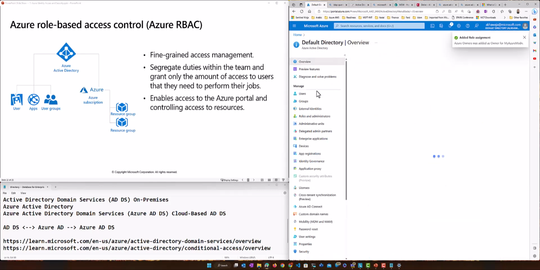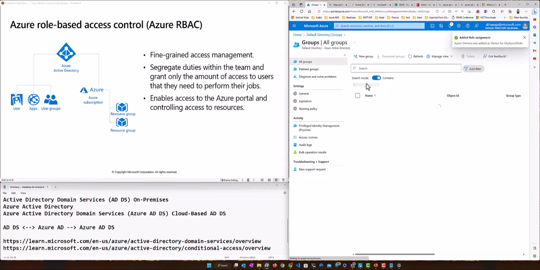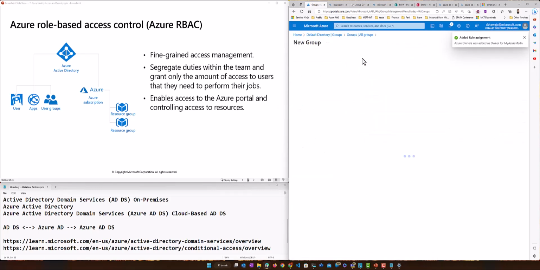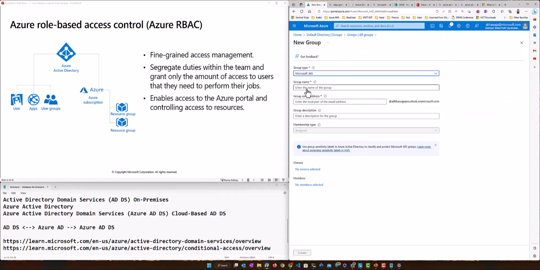So if I go back over here, I do group, and I can say, for example, new groups. I can say 365. Okay. You can see also right away what happens, right? It gives me an email address. It never happened in the security group, but over here I got an email address.